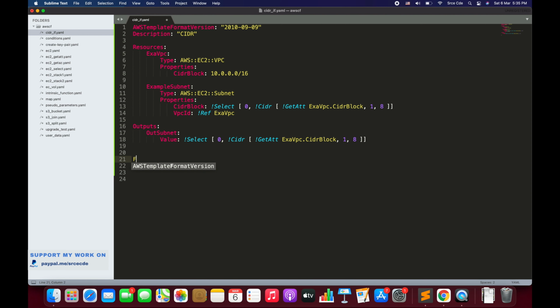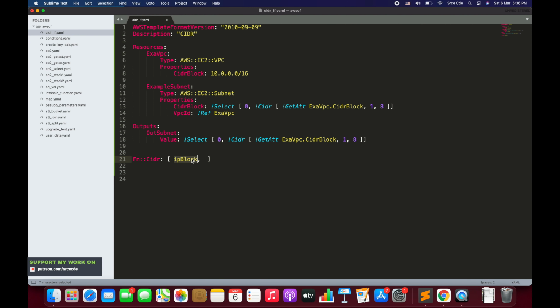The first one is Fn::Cidr followed by a colon, space, square braces or a list, which basically accepts three parameters. The first one is IP block. IP block is the user specified CIDR address block to be split into smaller CIDR blocks. So for a given CIDR block, the user wants to split it further into smaller CIDR blocks.